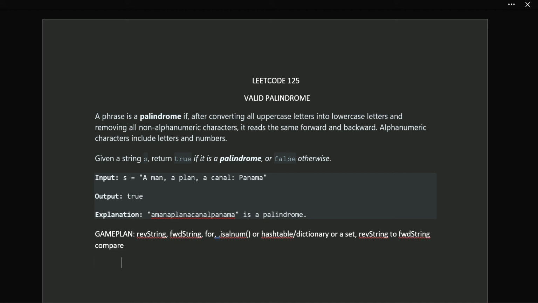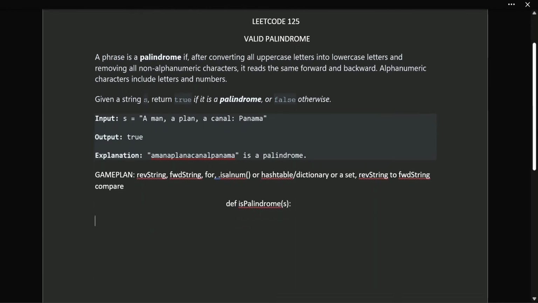So let's dive right in. We'll write isPalindrome and take in a string. We're just going to go in order of our game plan here. We know we need a reverse string, and we know we need a forward string. Let's initialize those as well. Now there's nothing else we can really do